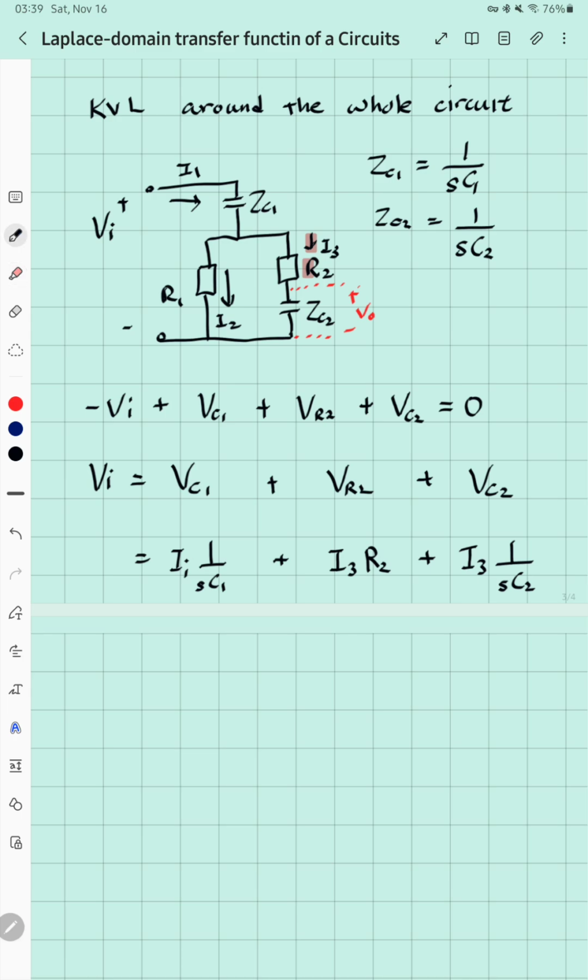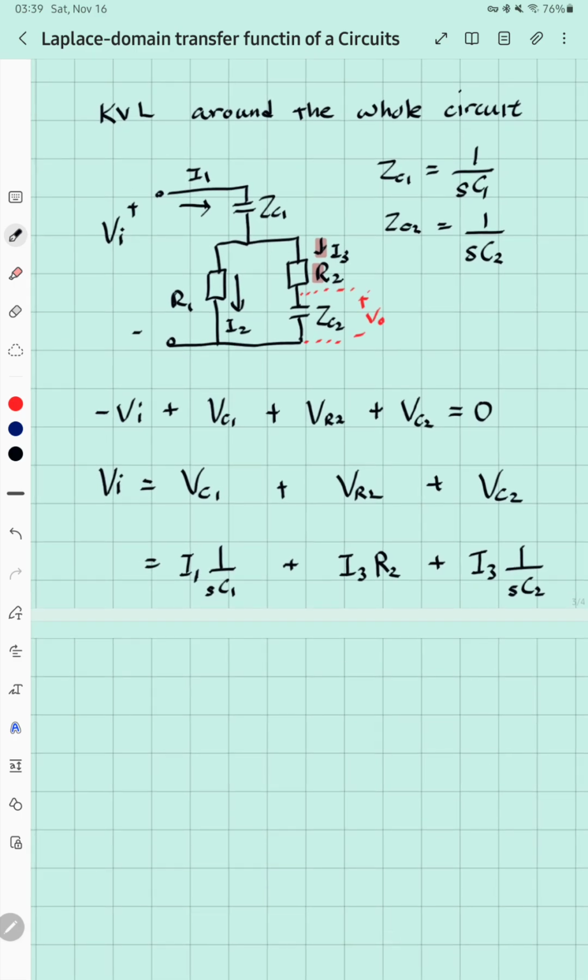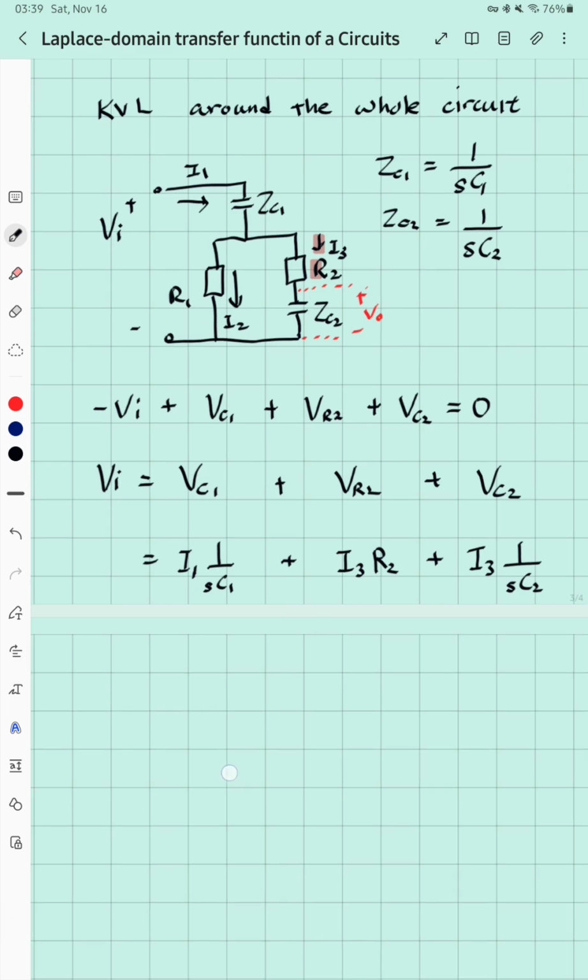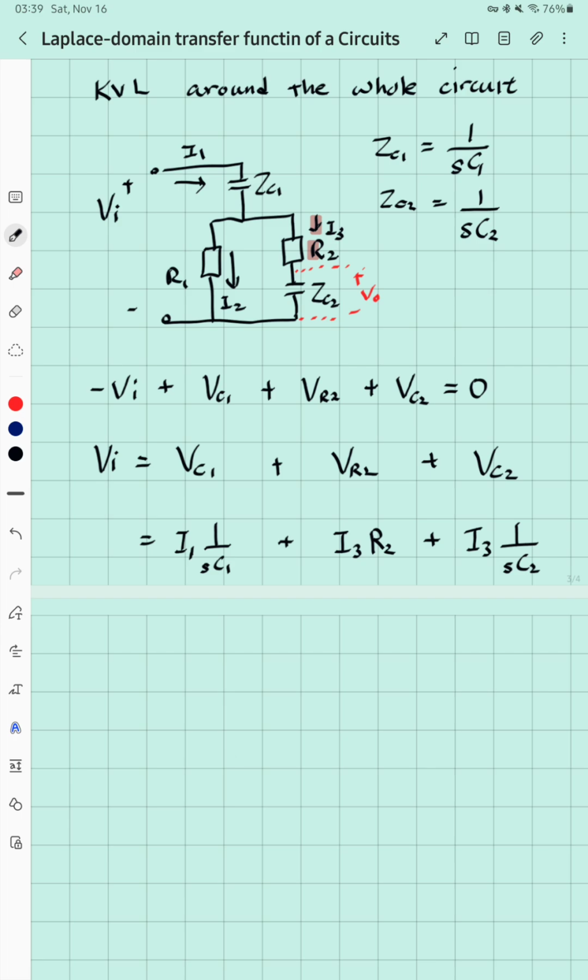And now you simplify by putting it together. We can, oh, so that would be I1, just I1. And we can start writing as